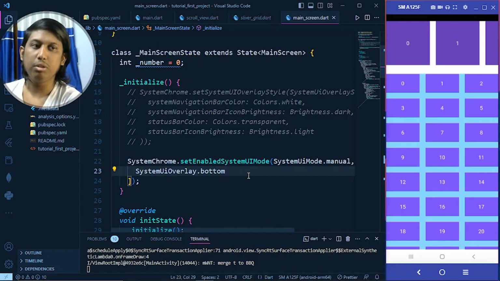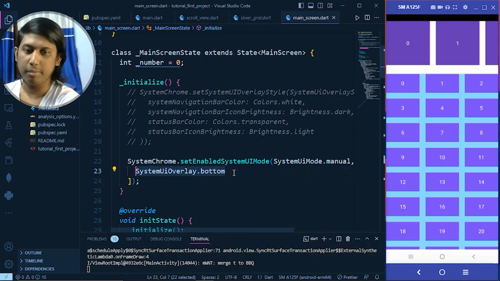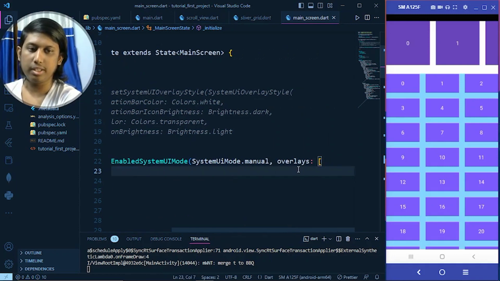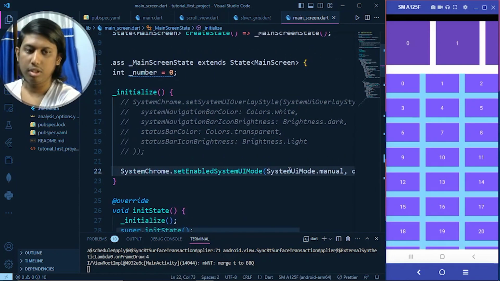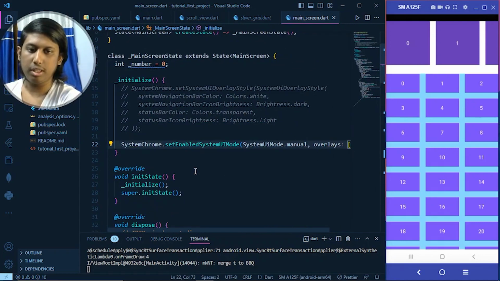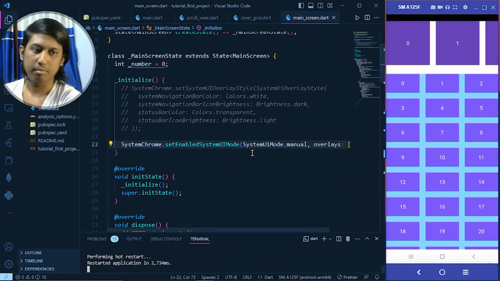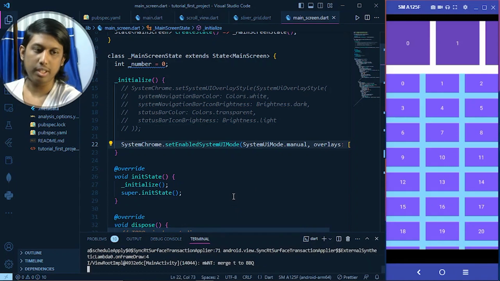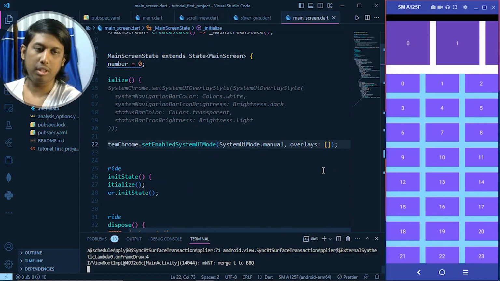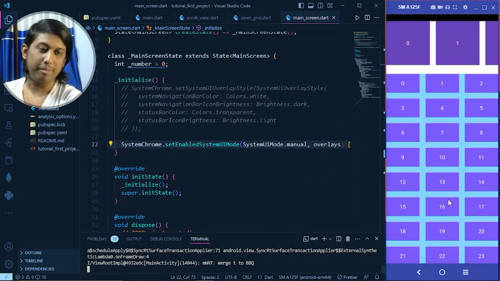Now if we want to remove both the status and navigation bar, what we have to do is very simple. We have to just keep that list empty. So the code is setEnabledSystemUIMode with mode manual, and we give the overlay list as empty. Okay, after the hot restart, let's see what happens. As you can see, when you give that overlay list as empty, both the status bar and navigation bar are